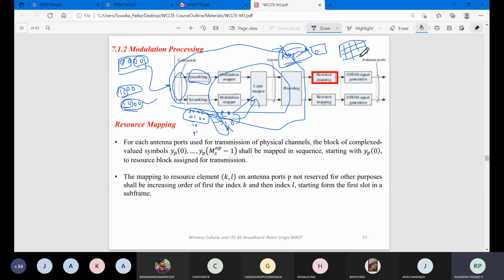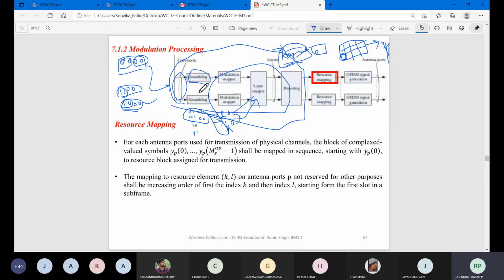At that frequency slot I need to allocate these pre-coding values. Once I have done this pre-coding allocation of the resource type, it will generate the OFDM signal, which is nothing but your electromagnetic radiation signal, and this will be given to the antenna part for transmission.